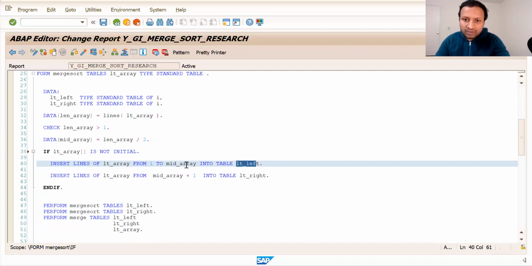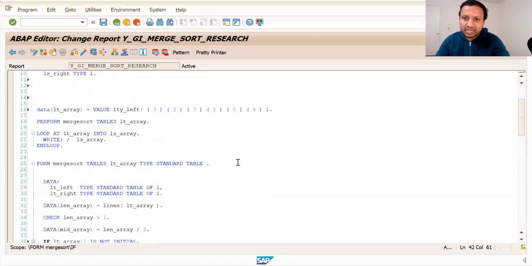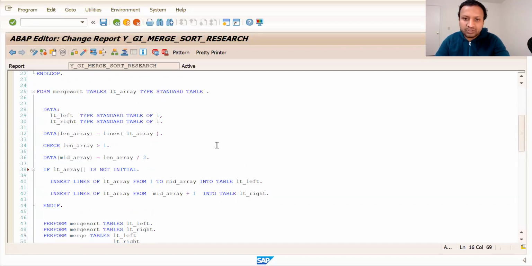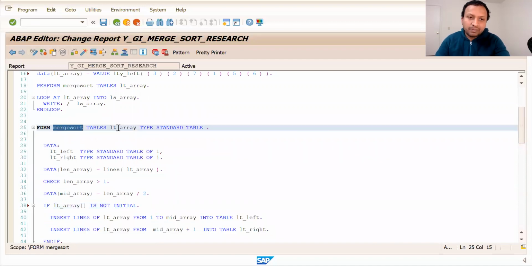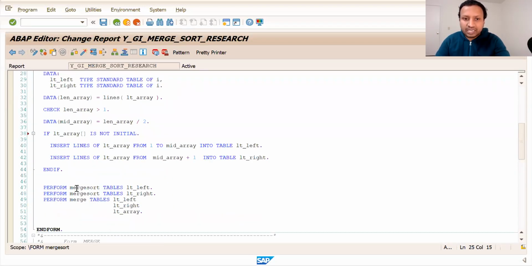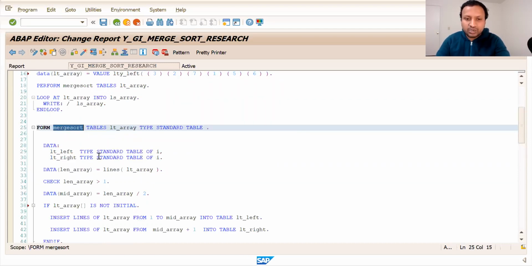From the midpoint of the array to the last, I'll be entering into the right part of the array. Then I call this same merge sort subroutine recursively. So using these three, I'd be calling this merge sort again.